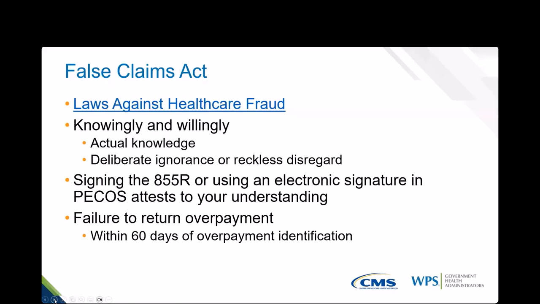So let's go back to what Aline talked about earlier. When you're signing that 855R, if you signed that before, or now the 855I, you're attesting to the fact that you understand that as a physician or practitioner, you should not be billing those professional services to Medicare. So if Medicare comes back, or you're part of the OIG audit, or another audit is done, you really can't say, well, I didn't know, and therefore I should not get in trouble for this. Well, Medicare says you did know, because it's on that attestation.